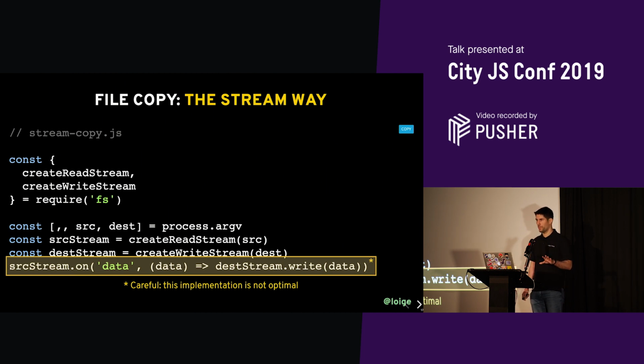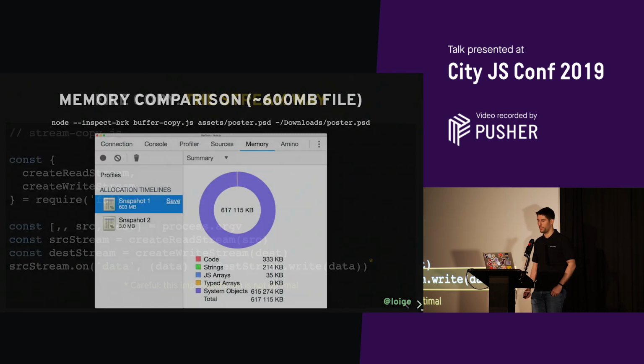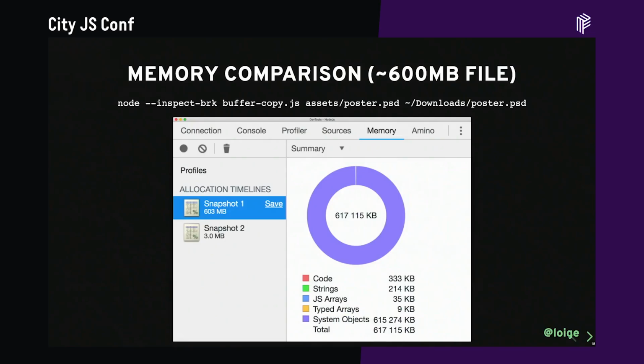This implementation is not perfect. I will tell you exactly why later on. But for now, it's a good abstraction to understand the idea of streaming. So that data there is never all the data in the file, but it's just pieces of data that you can move over time. So if we want to understand what is the memory implication with the two different implementations,